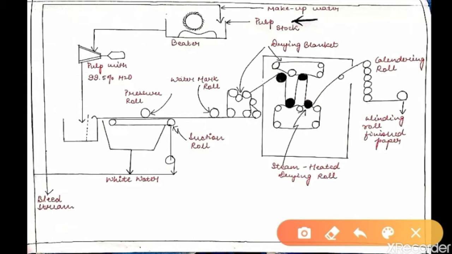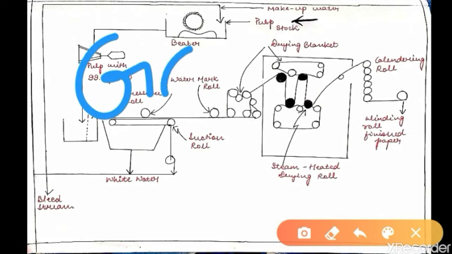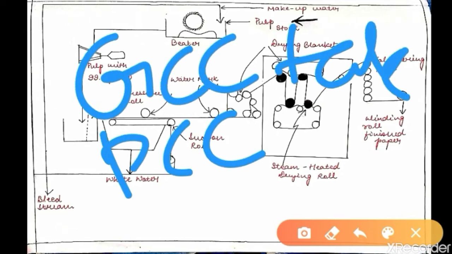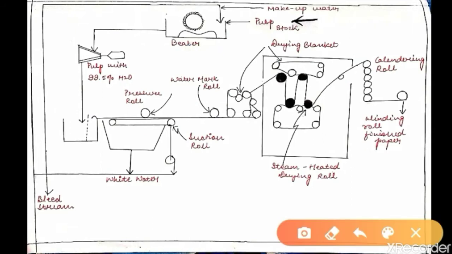What are fillers? Fillers are chemicals, for example, ground calcium carbonate, precipitated calcium carbonate, talc, titanium dioxide. They are added to the beater in order to increase the brightness, flexibility, softness, weight, and the coloring agents are also added here only. After the beating part is done, it is taken to the pulp or the conical refiner